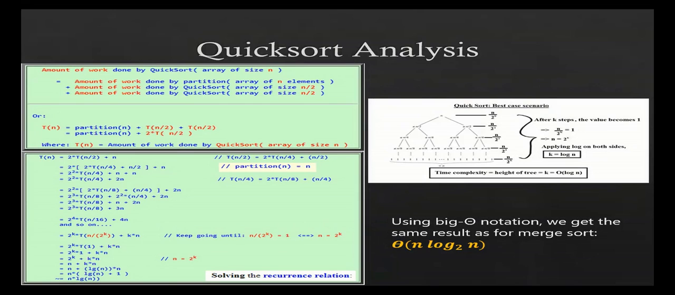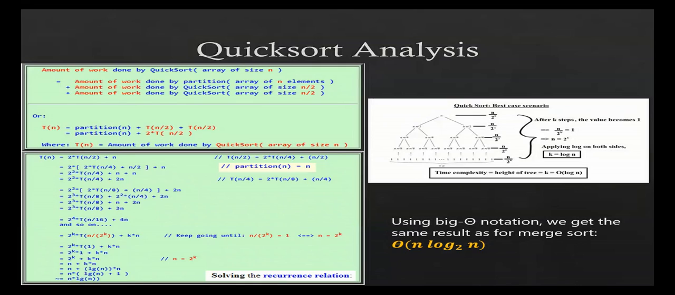So we can calculate the total amount as the amount of work done by the partition part with the total elements, plus the amount of work done by quicksort using half of the elements, that means the elements of the leftmost array, plus the work done by quicksort using the elements of the rightmost array. So if we want to define it in a formal way, we can say